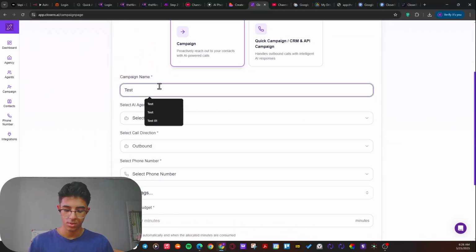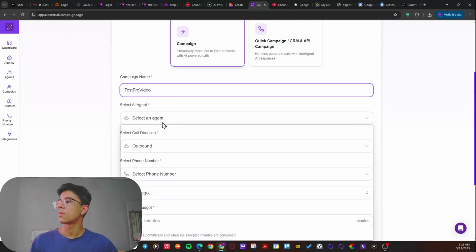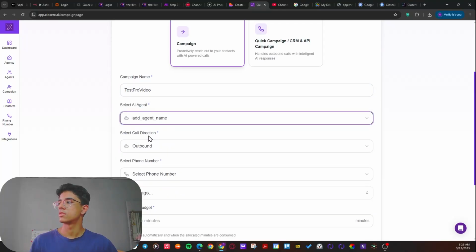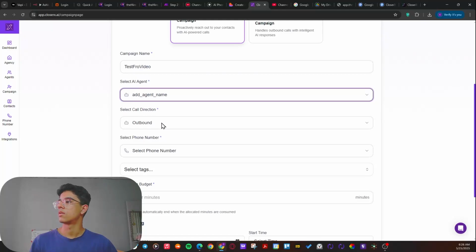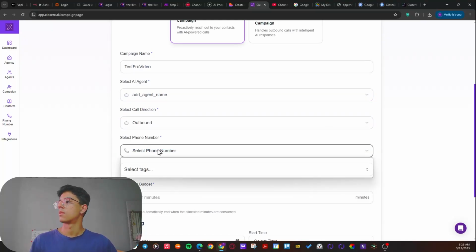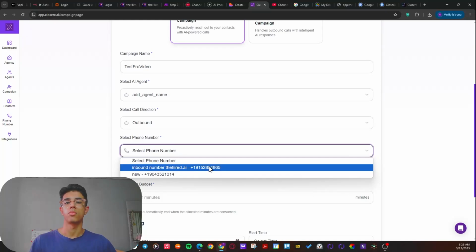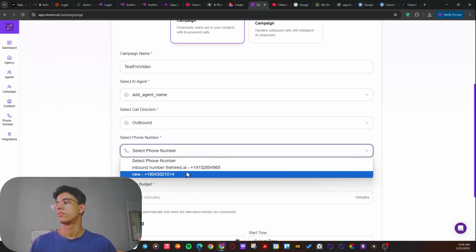Rename it for test for video. I'm going to select the new agent that I created, which is just this one. I'm going to select the call direction, which is outbound calls. I'm going to select the phone numbers, which we already have imported on this account,